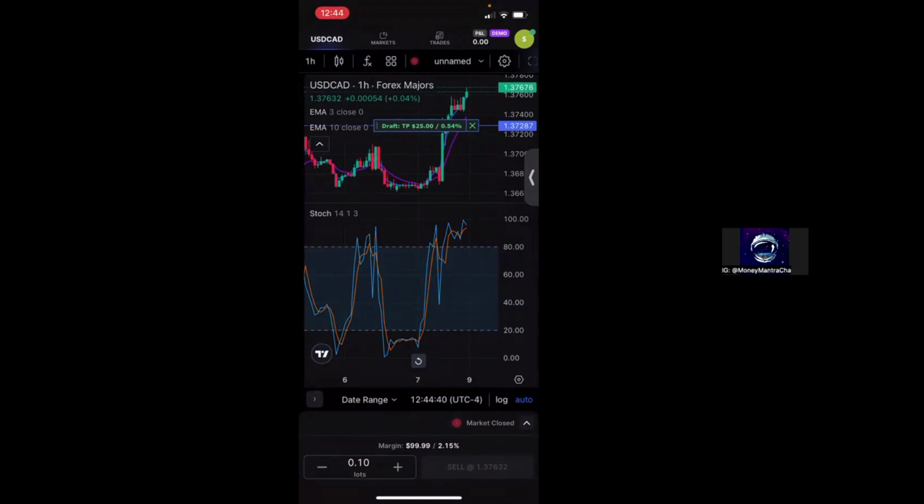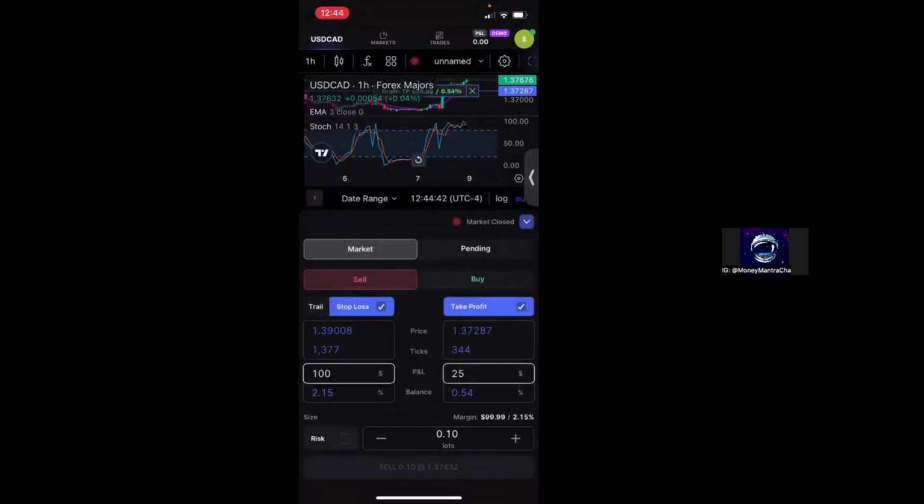Now, this is the last thing that I'll say, because one of the coolest features, and I think the one-up that Tradelocker has over MetaTrader 4, is that you have the option to add a trailing stop loss. I'm going to be posting a separate video about this, but a trailing stop loss is a really great feature that was added to Tradelocker recently, and this helps you to really manage your risk. Now, how this works is if your stop loss is 25 pips above or below your trade, depending on if you go for a buy or a sell,